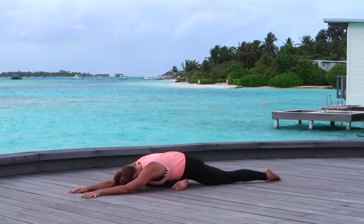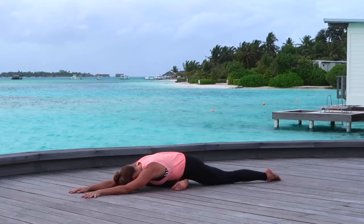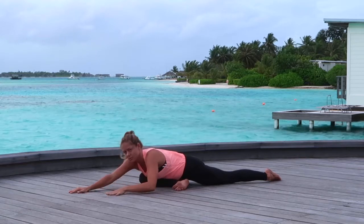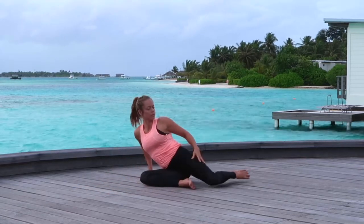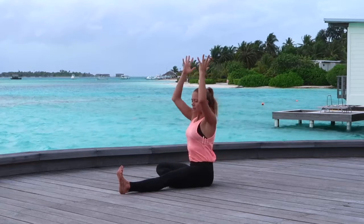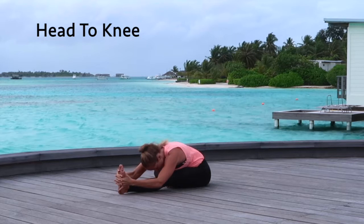Staying relaxed through all the muscles in the face, especially the jaw. Last breath here. And then slowly crawling those hands up when you're ready. You're just going to roll over to that right hip, swinging the left leg all the way to the top of the mat, creating that tree shape with the legs before coming into our head to knee pose, folding forward